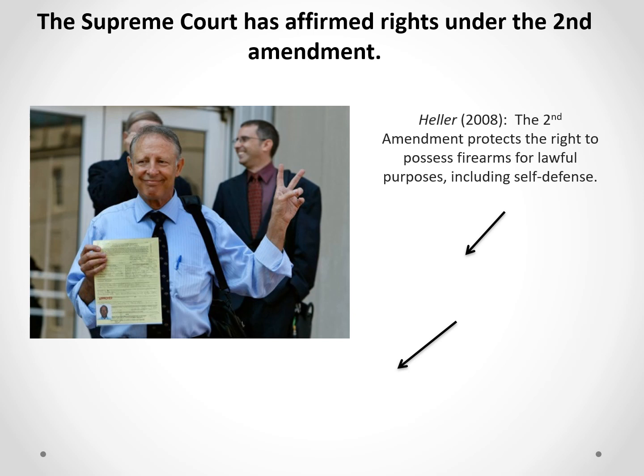So there's the case. It's called the Heller case after Dick Heller. It was published in 2008, so that's about 12 years ago now. Second Amendment protects the right to possess firearms, but it was a close decision. So, you know, the NRA was right to be concerned about this. Okay, it was 5-4. It could have gone the other direction easily. And the majority opinion was written by Justice Scalia, who, as you recall, is an individualist. So you can see the composition of the Supreme Court, very important. A lot of these cases are very close.